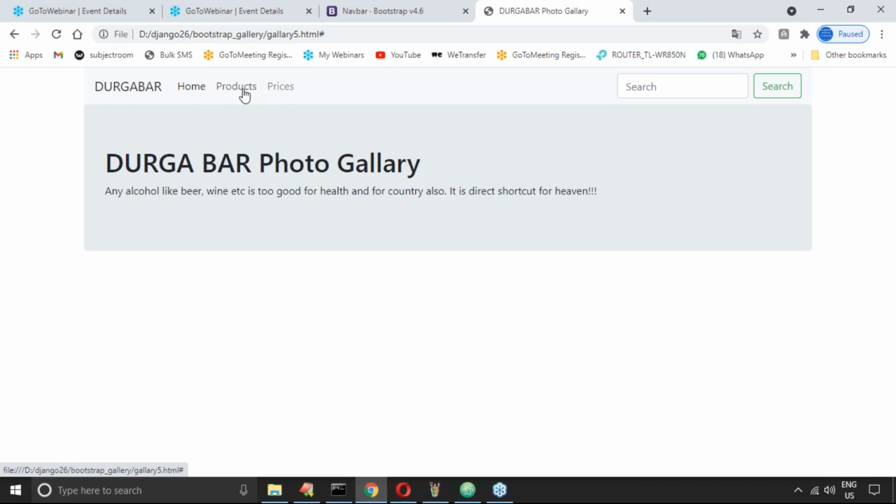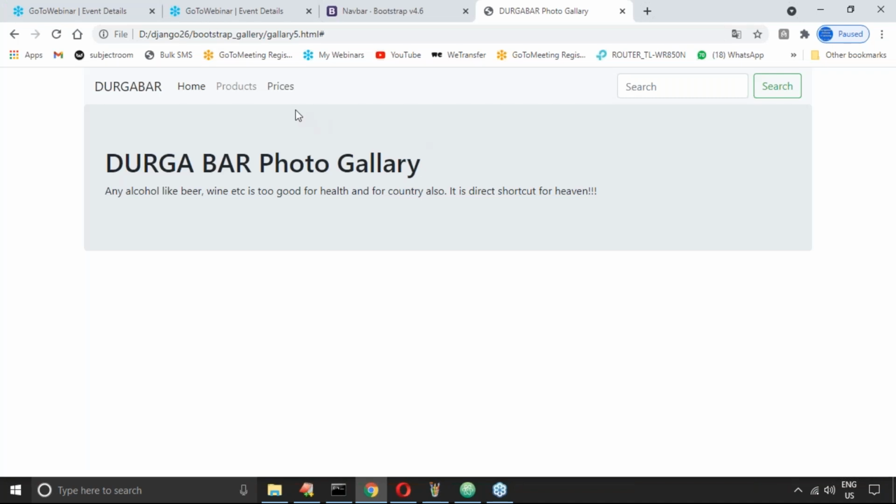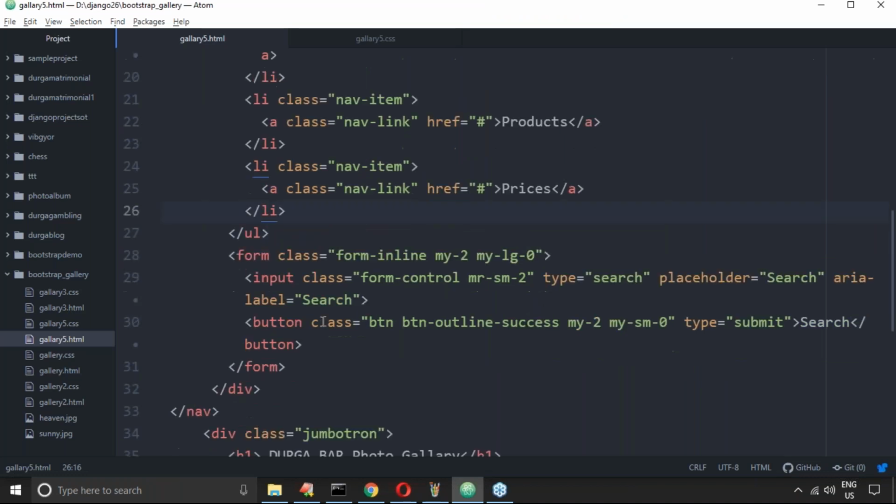You can take the corresponding page links. If I click this one, the next page will come by default, don't worry at all. We can take a dropdown also, Ajay, no problem at all. To make the application simple, I just took direct hyperlinks. If you want, you can take a dropdown. The code is already provided by Bootstrap.